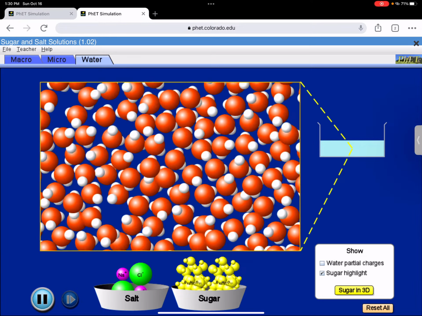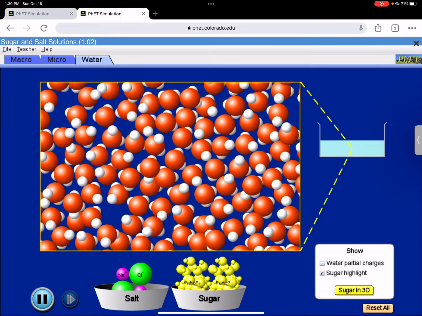On the left-hand side is salt, NaCl, like table salt. You probably already know it comes in a cube-like shape. This diagram doesn't really represent the cube shape, but it comes stuck together. NaCl is one unit, but it usually comes as this big cube shape. I'm going to stick this in the water, and what's going to happen is that the chlorine is going to get attracted to those positive hydrogens, and the sodium, which is positive, is going to get attracted to the negative side. So when we put it in,